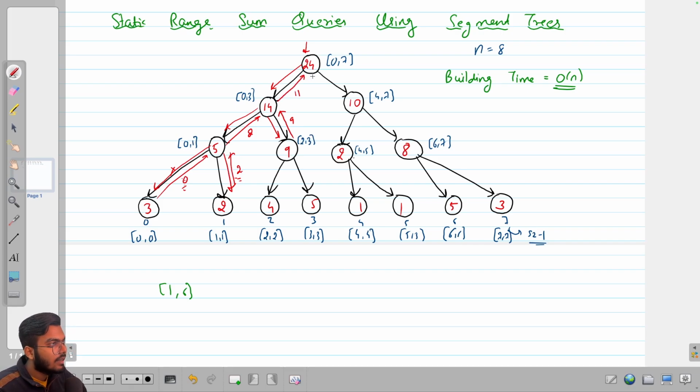Okay, then let's go right, I see that 0 to 7 was not completely inside, it has some unnecessary part, that is the 7 to 7 part unnecessary here. So let's try to go left, and I see that 4 to 5 is completely inside this range 1 to 6, right? So I won't go further down, I will simply return 2 here because we have this value, so 2. And now